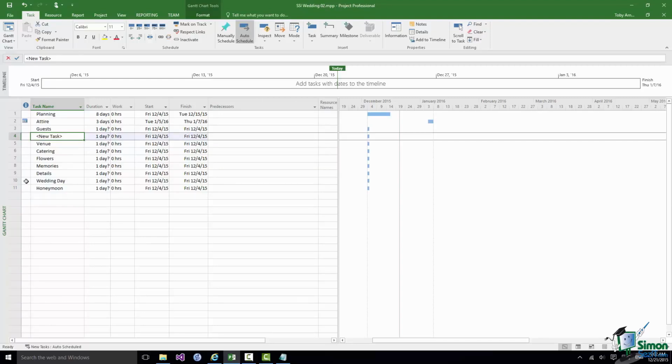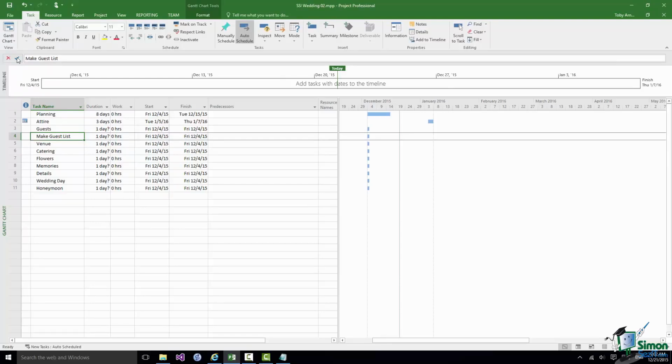It gets a default name, note new task there between chevron markers, and then default values for duration, etc. Now, what I'm going to put as the name of that task, I'll just click in the entry bar and type the name in, is Make Guest List. So that is my first guest related task.